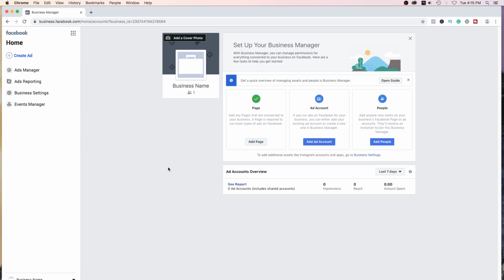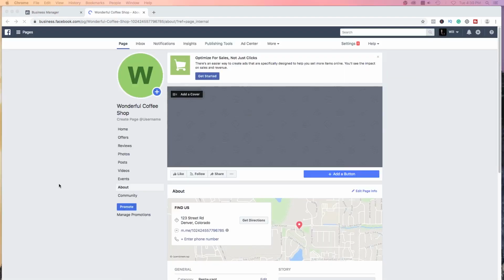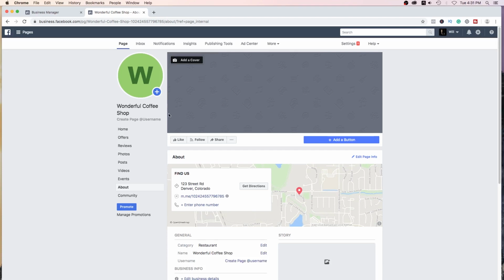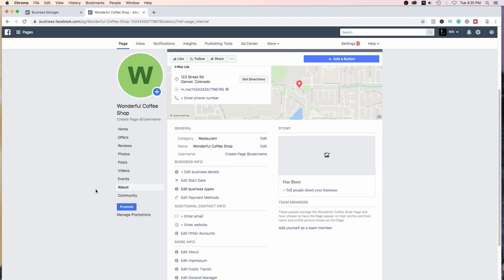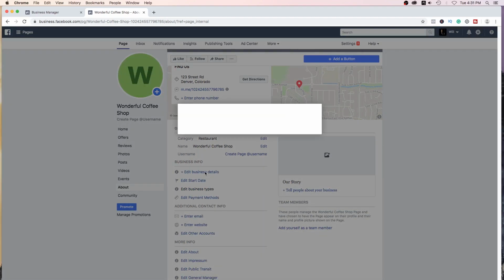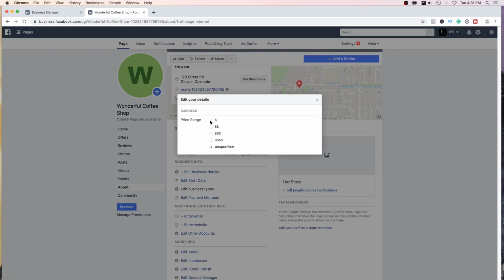So now the page is created. So we're going to start filling out the Facebook page now. So now that we have a blank slate, we're going to go down to the left-hand side on the About tab, and we are going to start filling out some of this information. So you can specify your price range. This is a coffee shop, so we're not really expensive, so maybe we'll put here